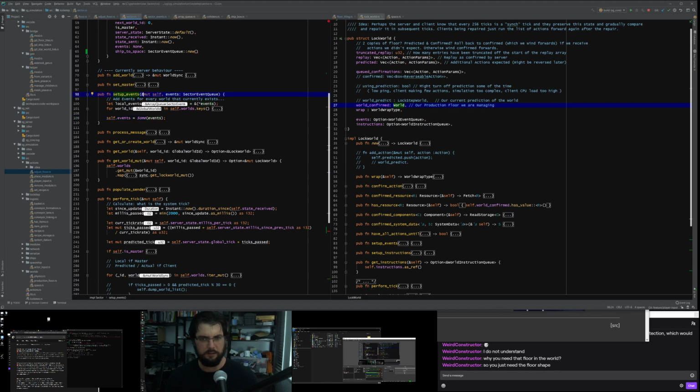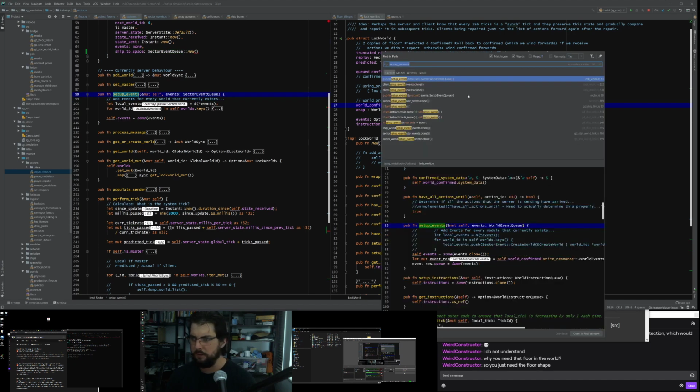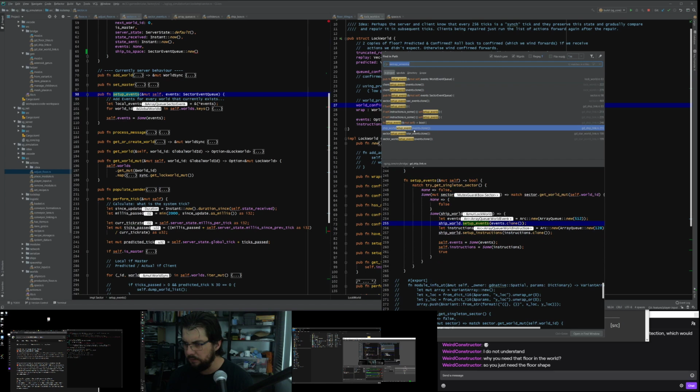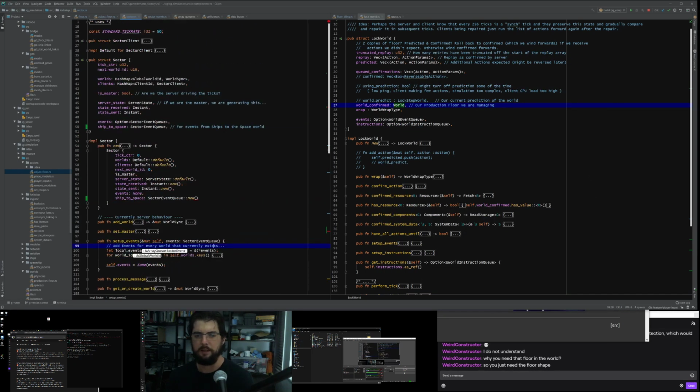Oh, I see. It's because it gets passed in by the, yeah, here's how we create a new event queue. So this is the class that's going to pass a little notification back saying a particular ship has changed its floor. You need to process this now.